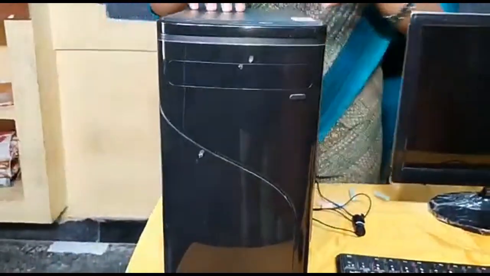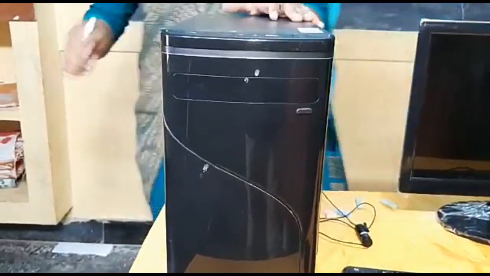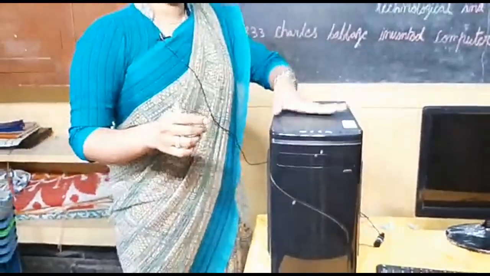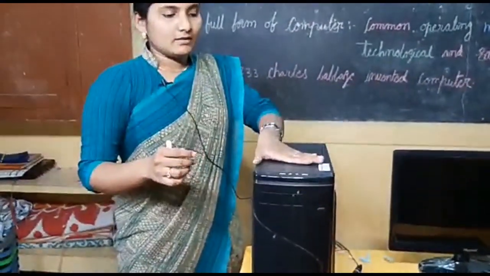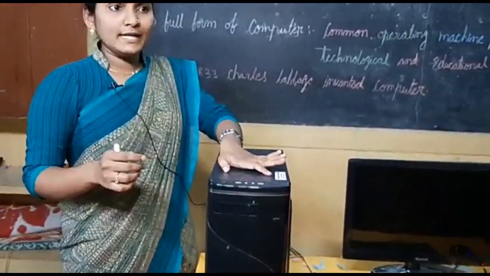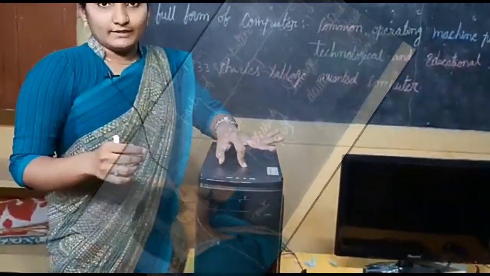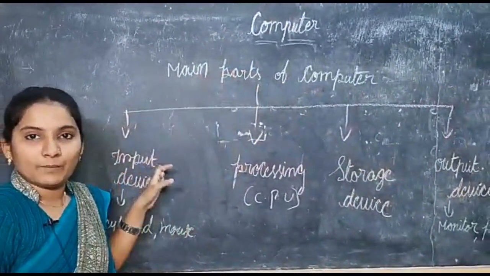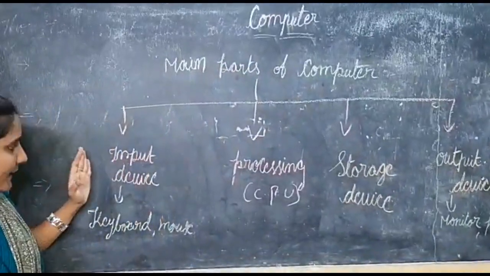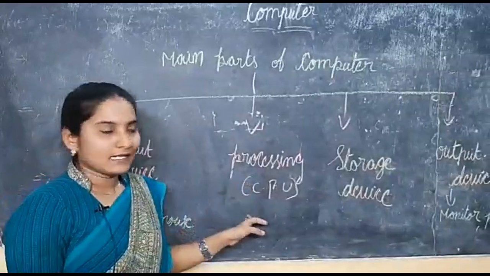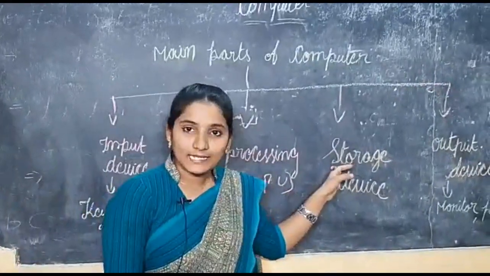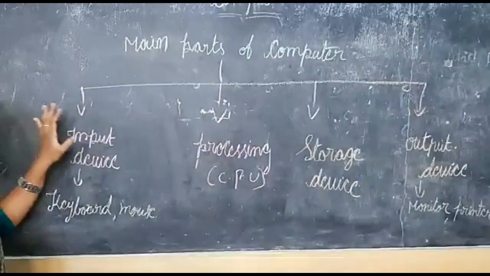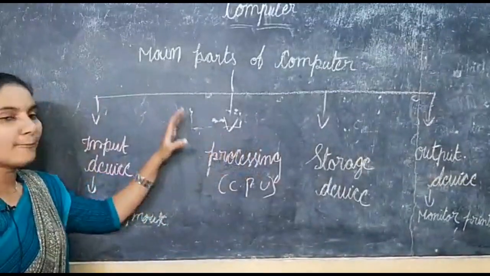Do you know very well, CPU is the brain of the computer. To solve all of the problems is done in this CPU only. Basically, depending upon its performance, it is divided into three: arithmetic logical unit, control unit and memory unit. Next, the main parts of the computer system. There are 4 main parts of the computer system: first of all, input device, processing, which means central processing unit, next storage device, and next output device. Okay? These are the 4 main parts of the computer system to do programming.